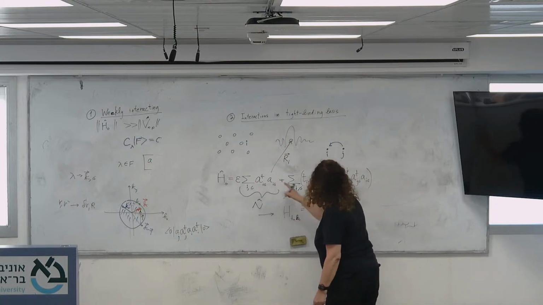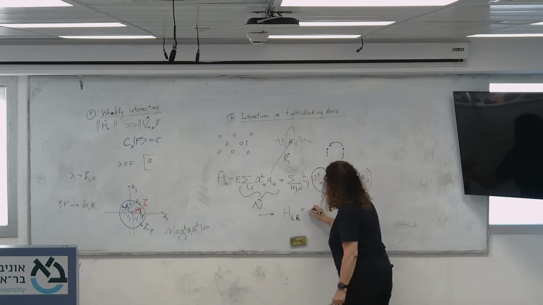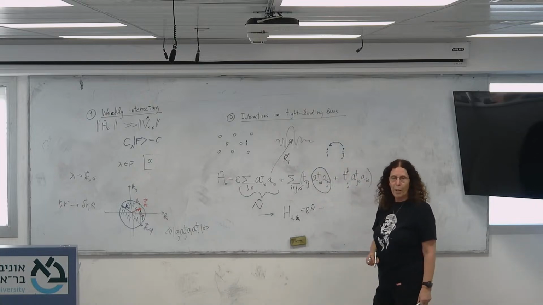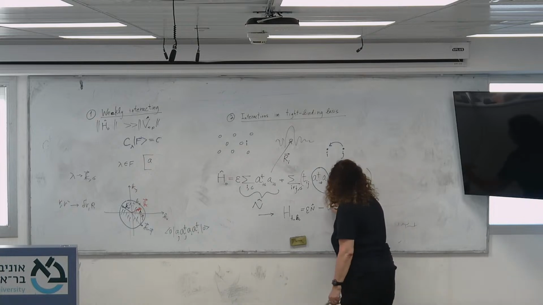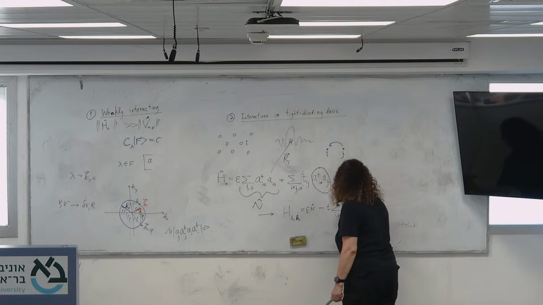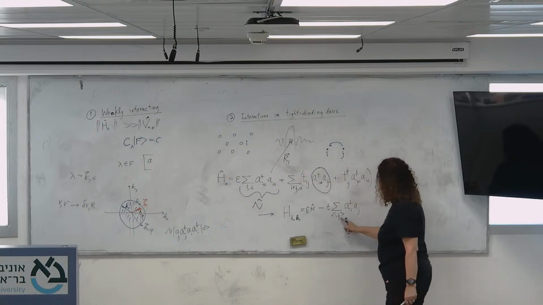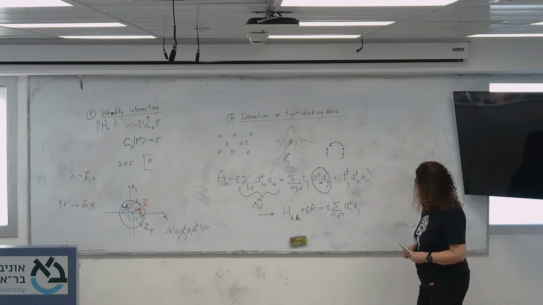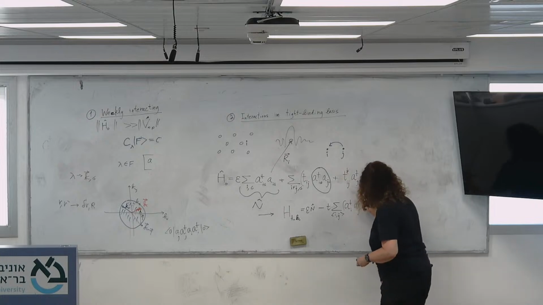It has only the first term, and the hopping term is embedded by one, and this runs over all the i's and j's. So it looks like this, plus